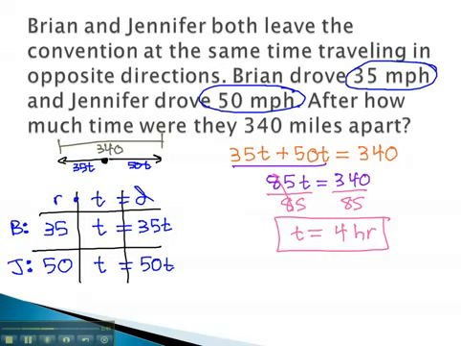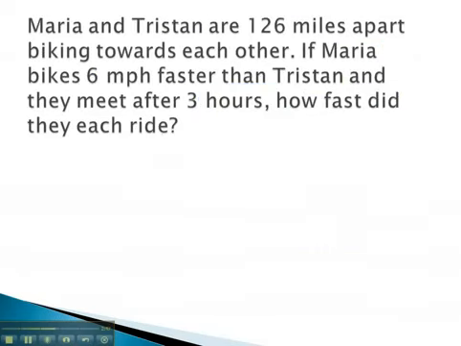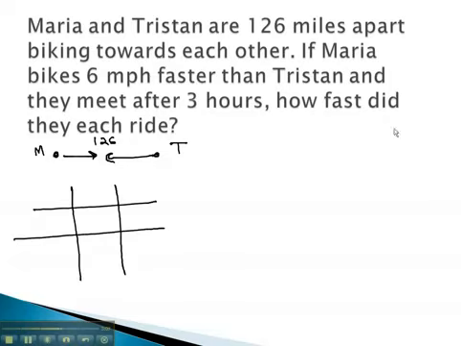Let's try another example where the two are traveling in opposite directions. In this problem, Maria and Tristan are 126 miles apart, coming towards each other. Setting up our table, knowing that rate times time equals a distance,